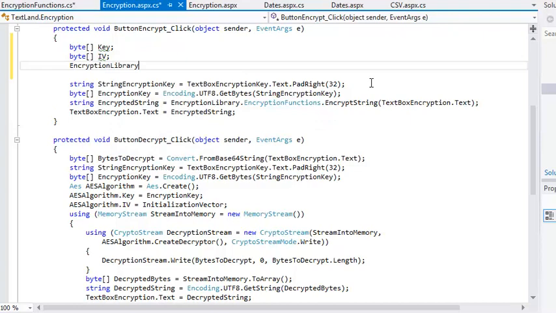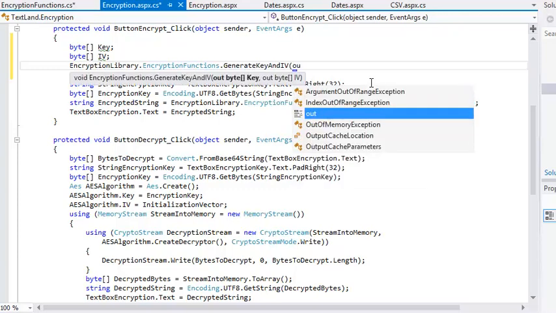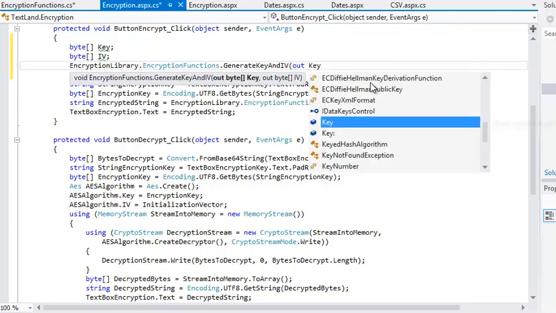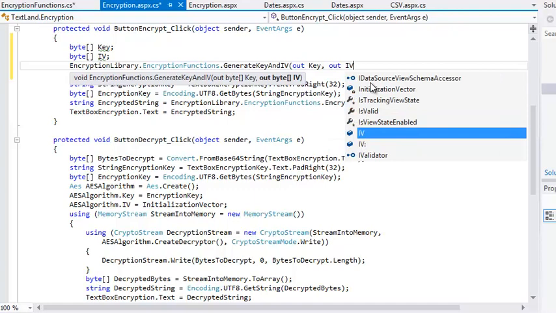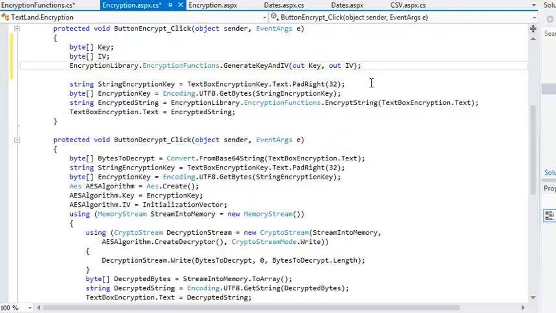EncryptionLibrary.EncryptionFunctions.GenerateKeyAndIV out key, out IV. This code calls your GenerateKeyAndIV method and places the returned values in the